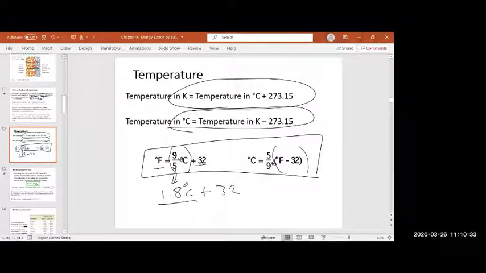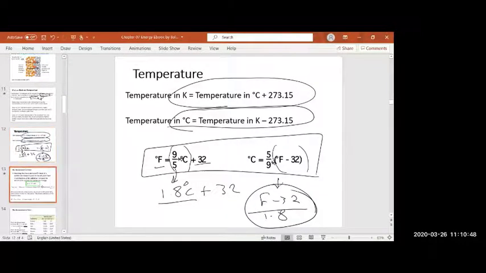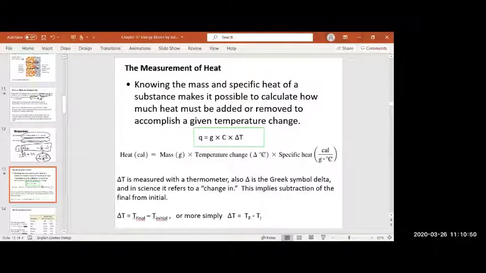9 divided by 5 gives you approximately 1.8. Or here, sometimes they do it like F minus 32 divided by 1.8. Okay, so it is the same, but with a different formula. Now also for measuring the heat and using the specific heat, we already talked about this and we already